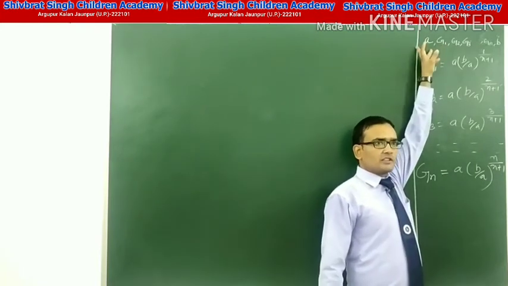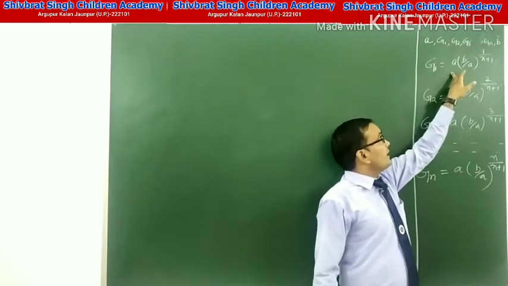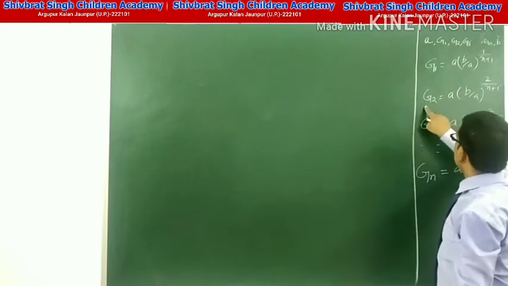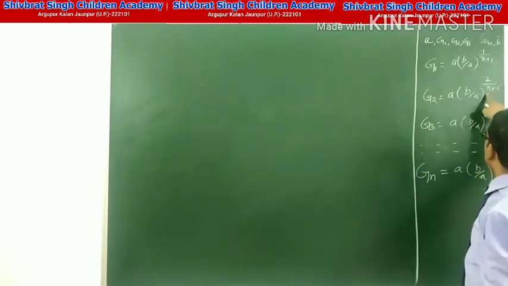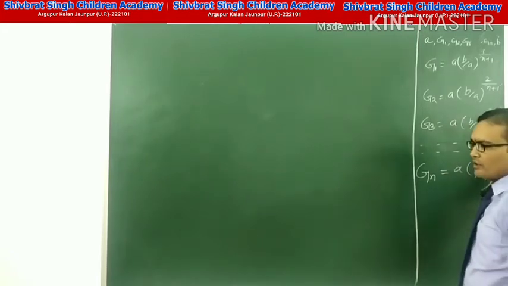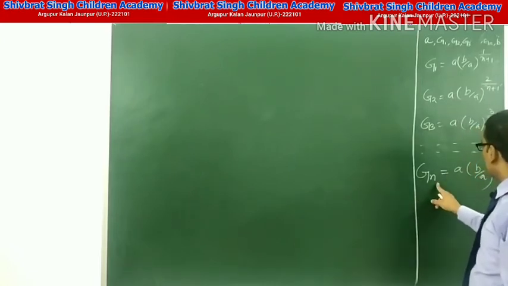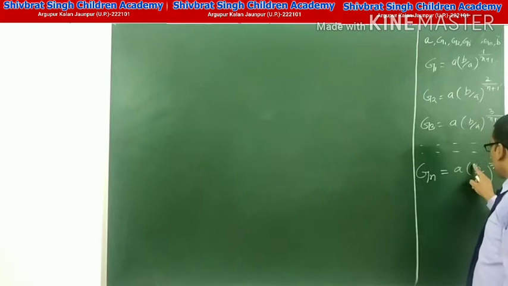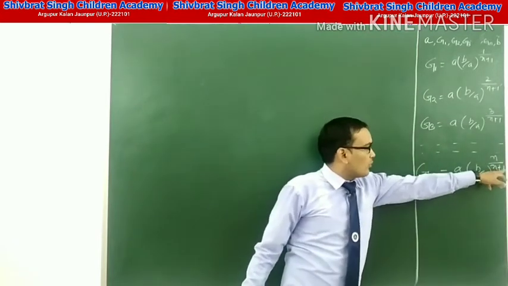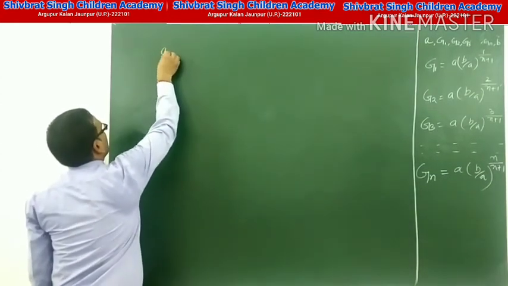the geometric means between two positive numbers A and B are G1 equal to A into (B upon A) to the power 1 upon n plus 1, G2 equal to A (B upon A) to the power 2 upon n plus 1, G3 equal to A into (B upon A) to the power 3 upon n plus 1, and hence Gn equal to A (B upon A) to the power n upon n plus 1. Now here are two positive numbers A and B,